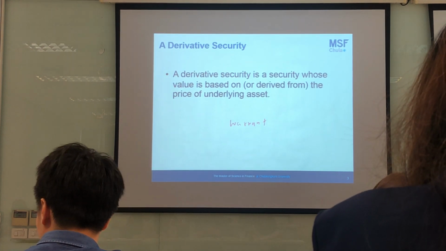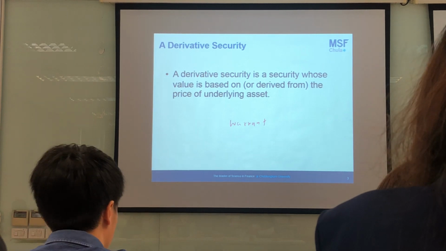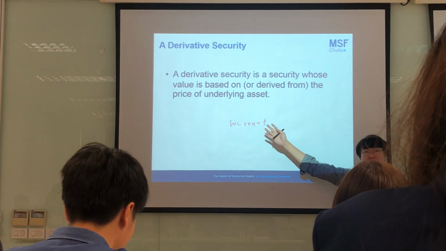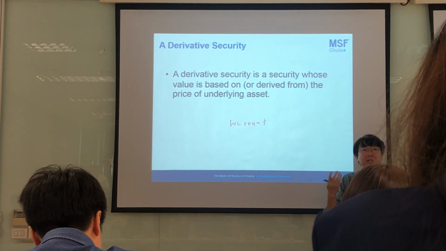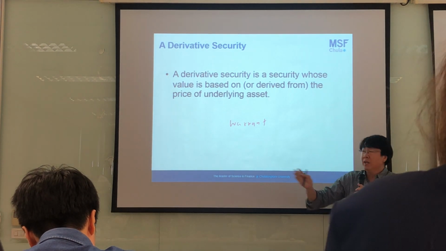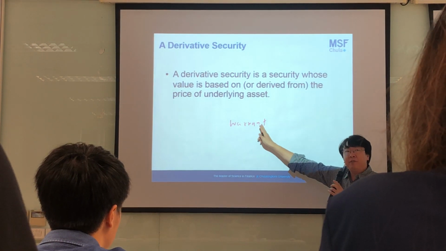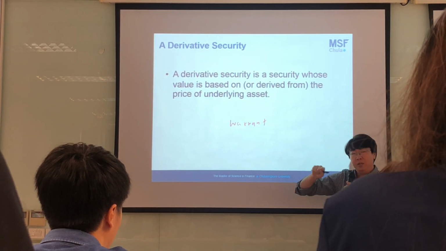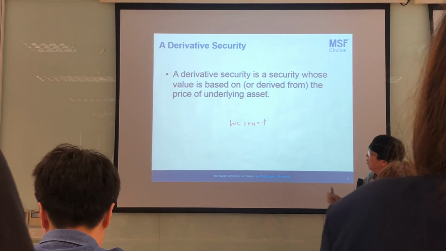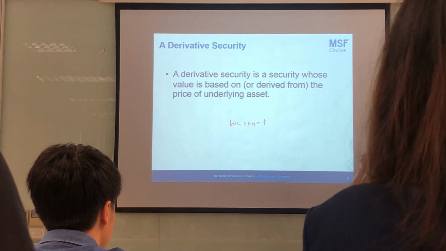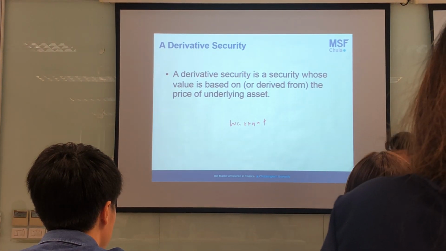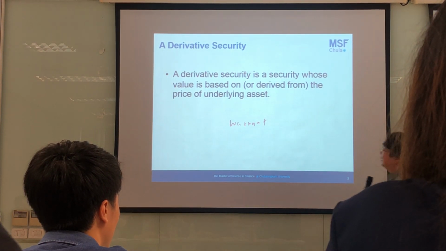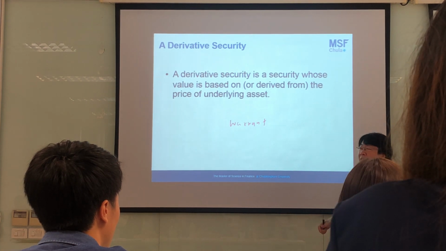Warrant is a derivative, an option. It provides a right for the holder. If you have a warrant, what does it mean? You have the right to buy the stock at a certain price specified in the warrant. You see that the value of this warrant depends on the value of the stock. For example, I haven't traded warrants for a long time, since I lost a million in warrants in 1997. So I stopped trading warrants at that time.